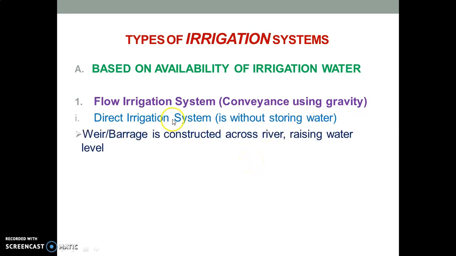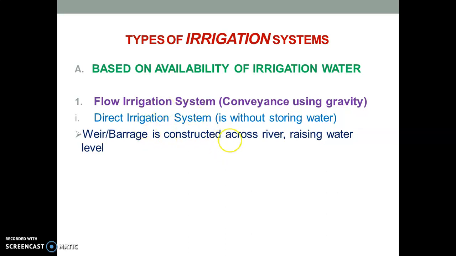Now in the flow irrigation system, there are two different types. First is the direct irrigation system. In this direct irrigation system, we do not store water. The water in a river is not stored. Basically what happens is we divert the flow of water to the agricultural fields, so there is no need for